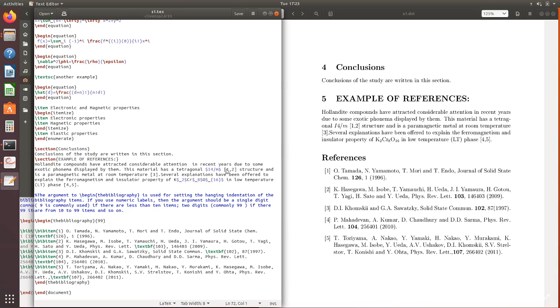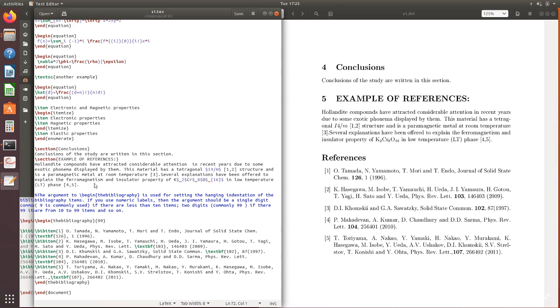That is from article. This information is taken as 1 and 2. That means in your document, you have to cite, you have to indicate from where you have taken that information. That should be written at the bottom of your document. From these two articles I have taken this information, and here is 3, and this information is taken from reference number 3, and this information is taken from reference number 4 and 5.